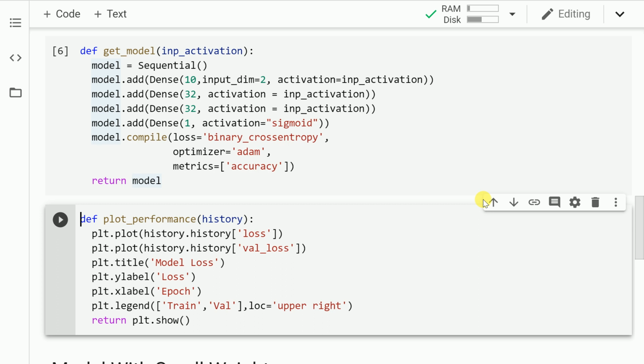The next function that I'll utilize is to understand the overall performance of my model with respect to the loss, that is the training loss and the validation loss. So that is what I'll plot in this final figure and return this figure to evaluate how good or bad my model is performing. So let me go forward and run this cell to include this in memory.